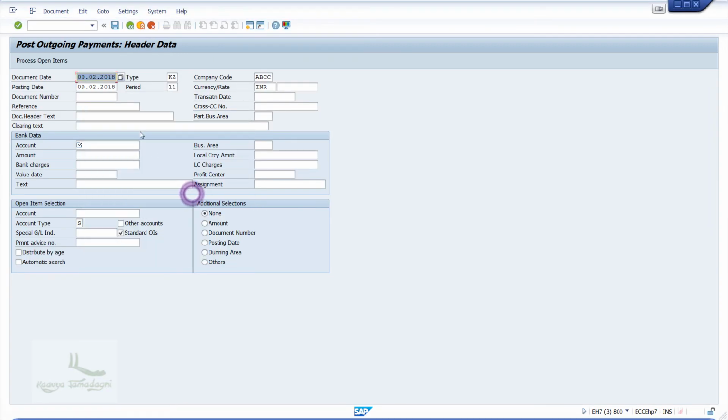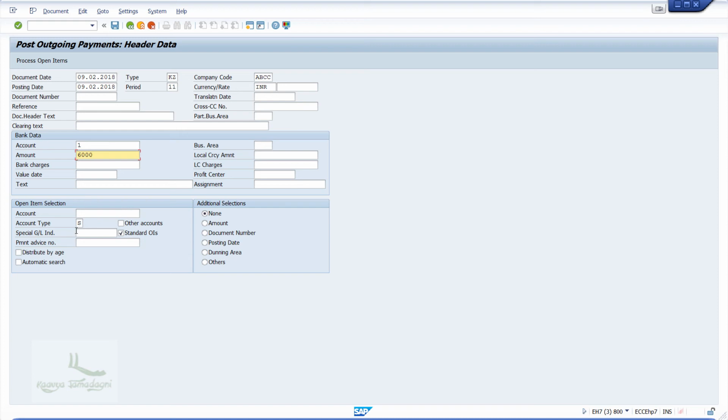In this screen, enter the document date and the document type as KZ, company code as ABCC, currency as INR, and after that, under the bank data, enter the account number of the bank, and this time I'll make the remaining payment, that is 6000.